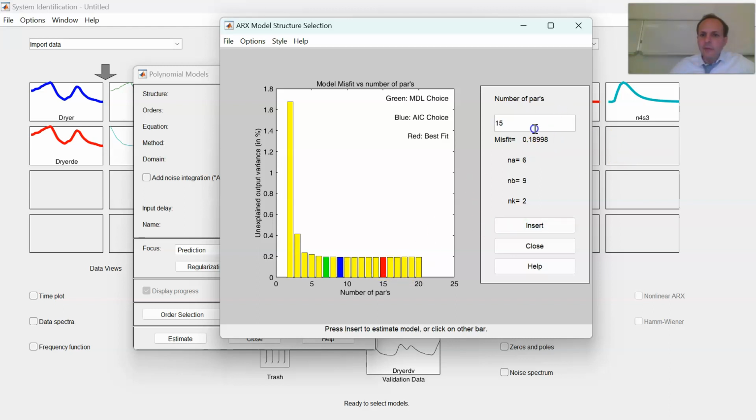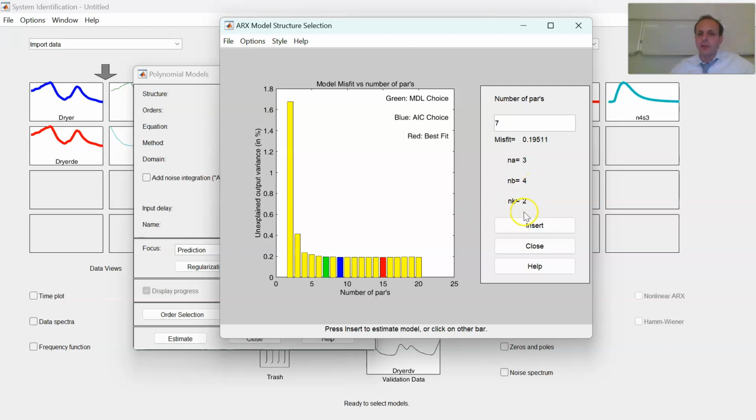And if you consider 15 parameters, it really decreases, but not by a big change. So I think for the model that we need, you can select safely